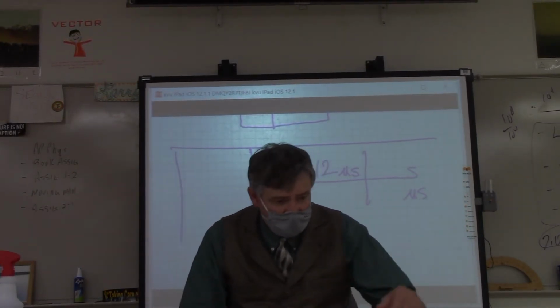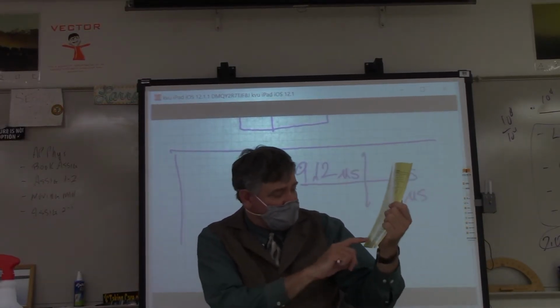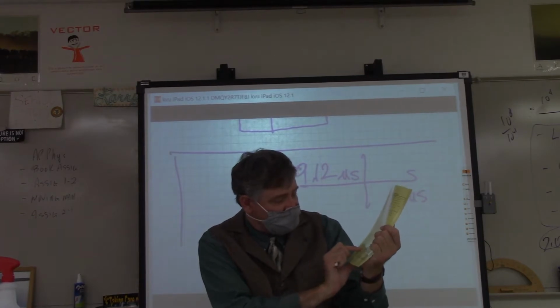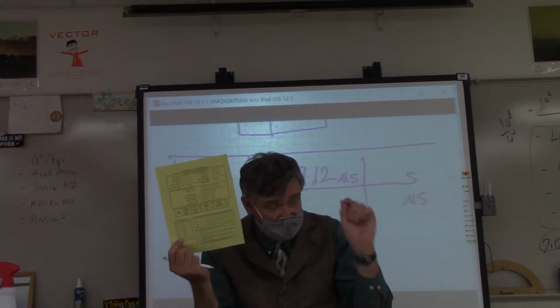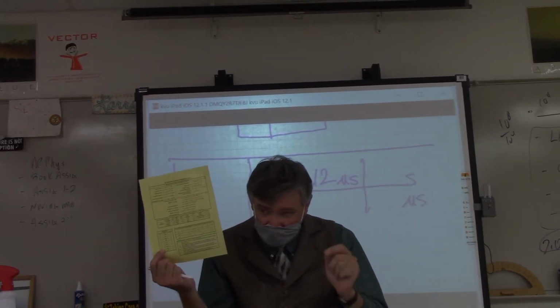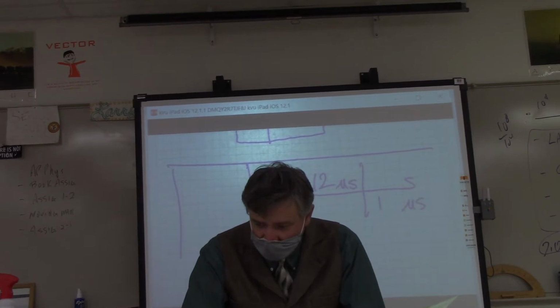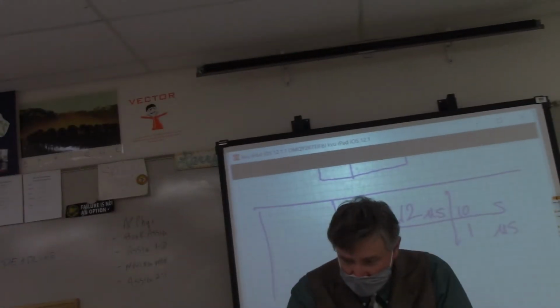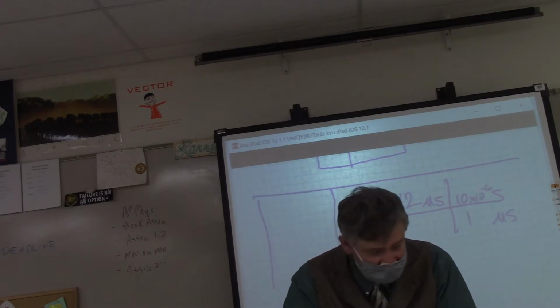If you look on your handy dandy equation sheet, number 1, you've got microseconds, which is 10 to the negative 6. A microsecond is a very, very small measure of time. So 1 microsecond is 1 times 10 to the negative 6